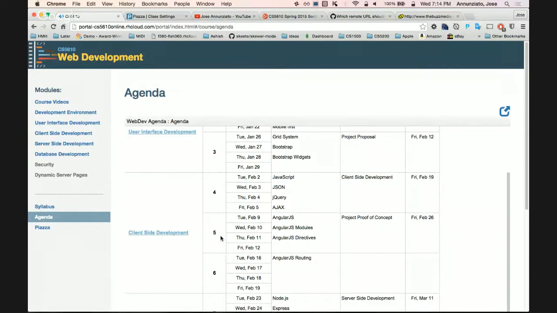So jQuery is a JavaScript library. It's one of the most popular JavaScript libraries, and it does exactly that. It abstracts the browser, so we don't have to worry about what version of browser we're working with. Instead of working natively with JavaScript, we write on top of the jQuery library.